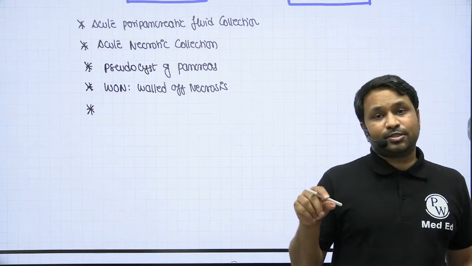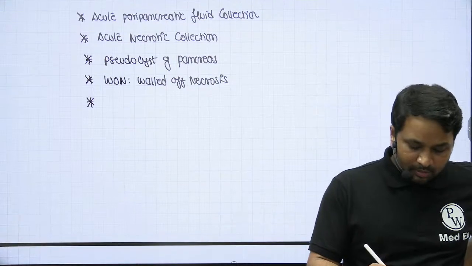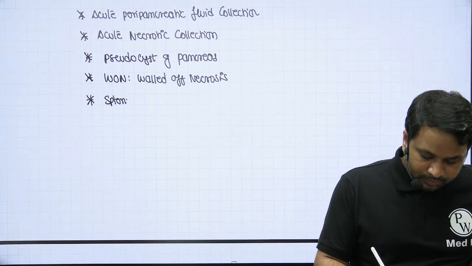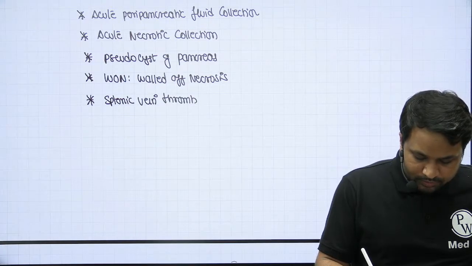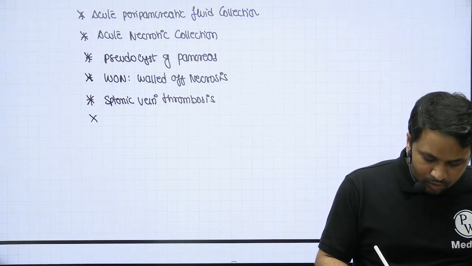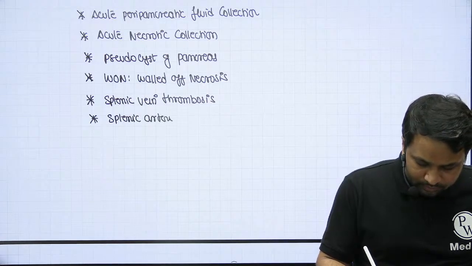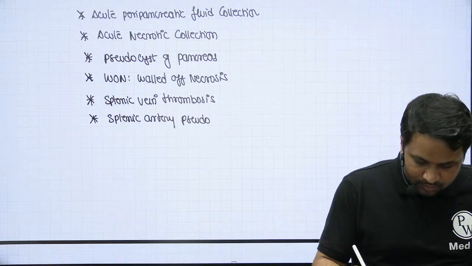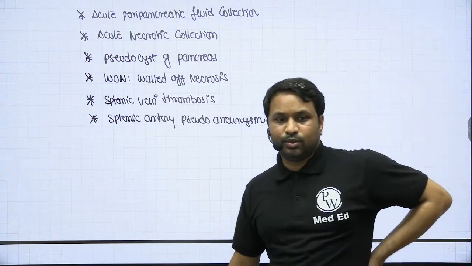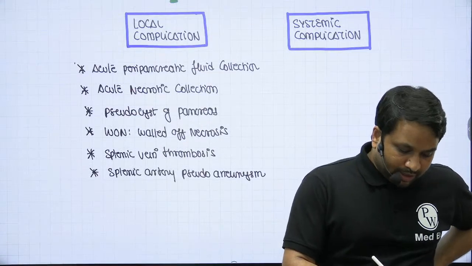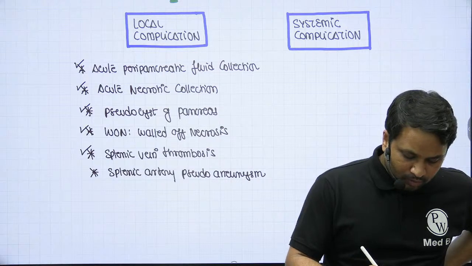Because the tail of the pancreas sits at the splenic hilum, it can result in two complications in the spleen. Number one is splenic vein thrombosis. And number two is splenic artery pseudoaneurysm. So: peripancreatic fluid collection, acute necrotic collection, pseudocyst of the pancreas, walled-off necrosis, splenic vein thrombosis, splenic